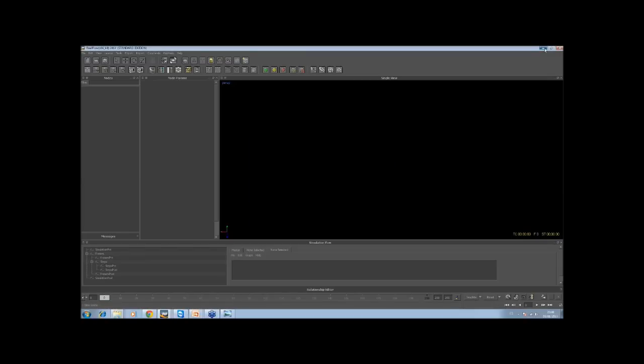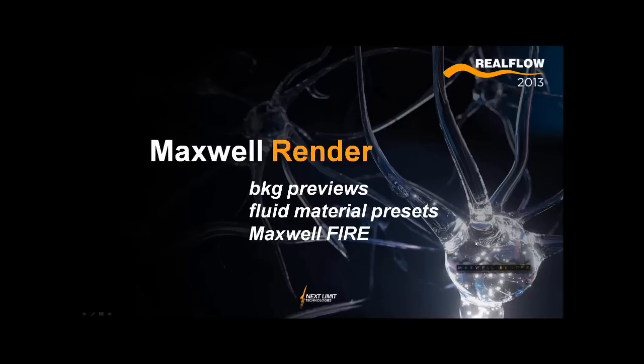Next feature is Maxwell render, and this is also a big one, mainly because this will allow to have background previews in the farm. You don't need now to block your machine when doing a RealFlow preview. You can send your previews to RealFlow nodes in your farm, and that won't cost a Maxwell license. With the RealFlow node, you will get